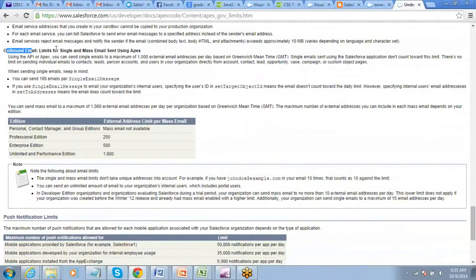Outbound email. So the single email message method we used, right? How many emails can we send? Maximum in a day, you can send mass email to a maximum of 1000 external email addresses per day. So if you think that using a trigger I will keep on sending more than 10,000 emails in a day, no, 1000 is the limit.